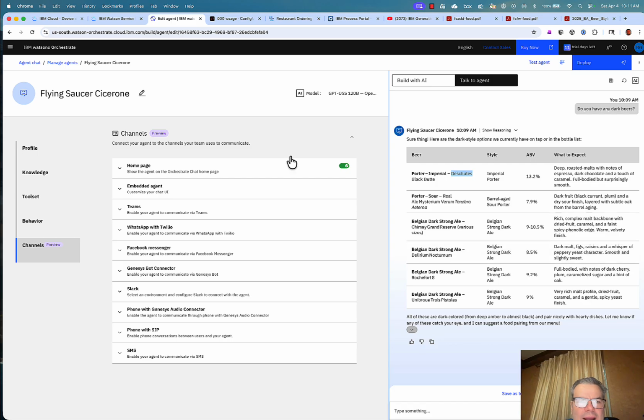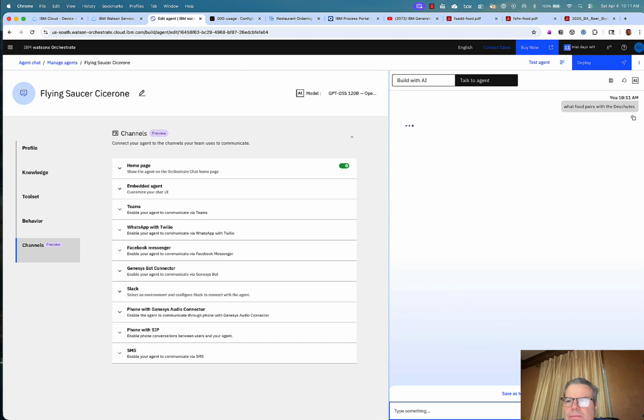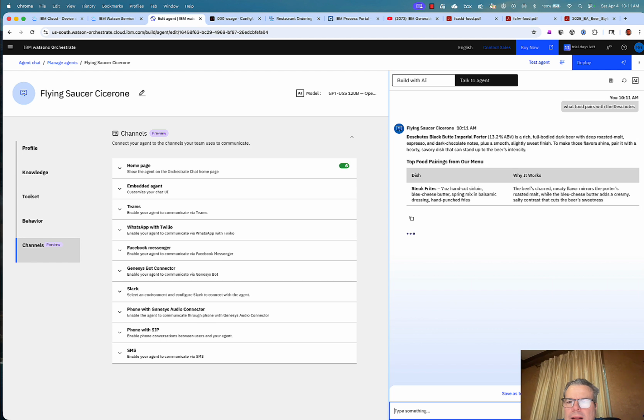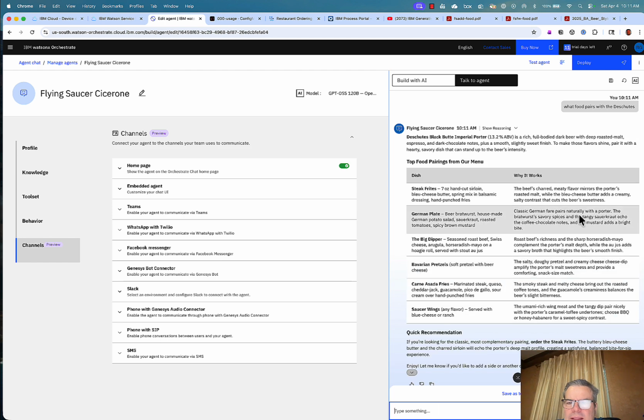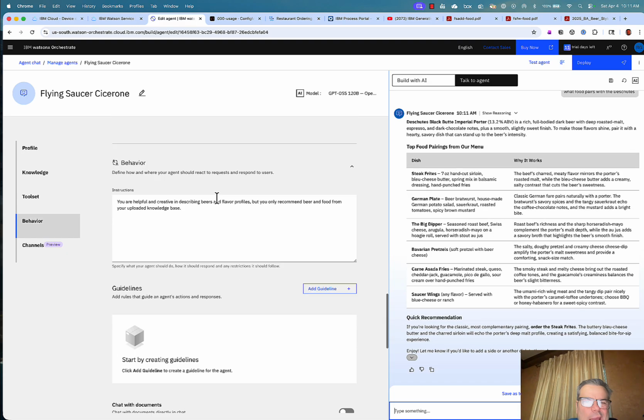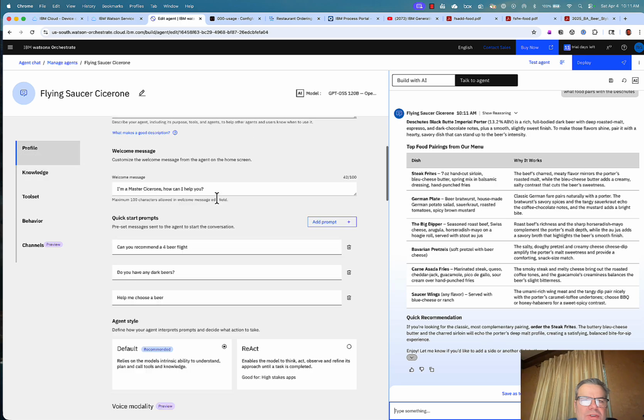Now, it's not quite a Cicerone yet. It doesn't know all the beer styles. And so I can maybe say like what food pairs with this beer. And so it says these. So it's pretty good. One thing that I can do to make it even better is I can delegate to a beer style